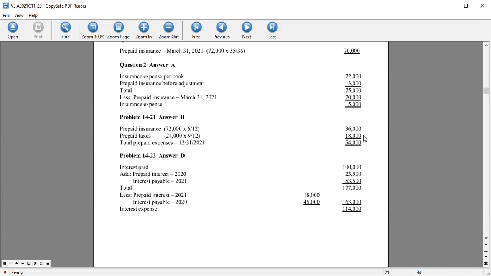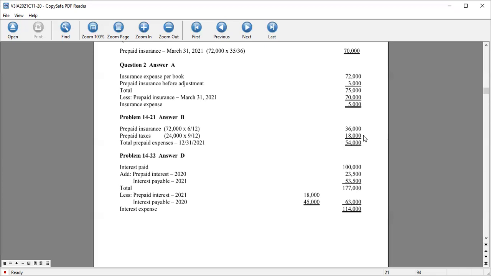For the prepaid taxes, amount paid of 24,000 for real estate taxes to cover the period ending September 30, 2022. So meaning it begins October 1, 2021 and ends September 30, 2022. So by December 31, 2021, the expired portion is 3 months, October, November, December. Therefore, the prepaid portion is 9 months. Next, number 22,